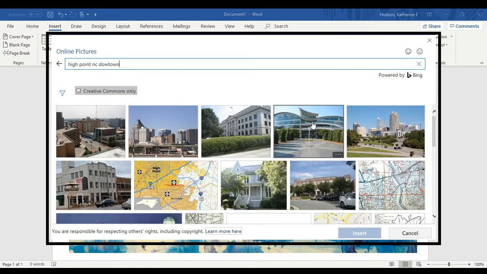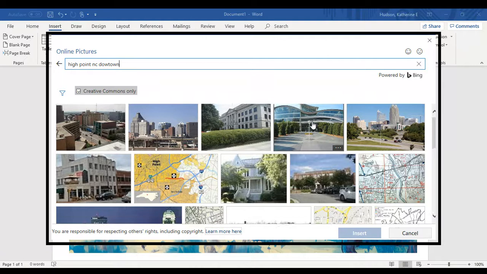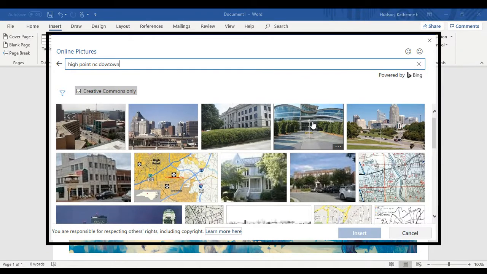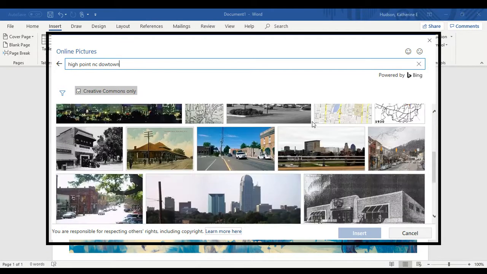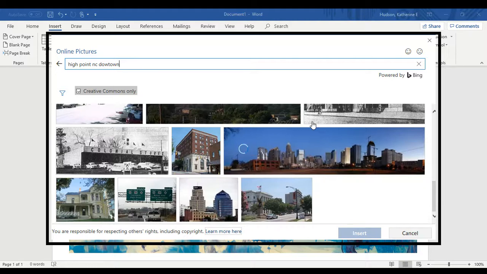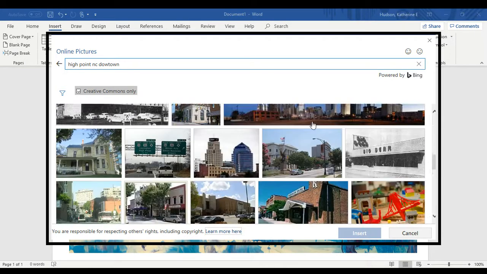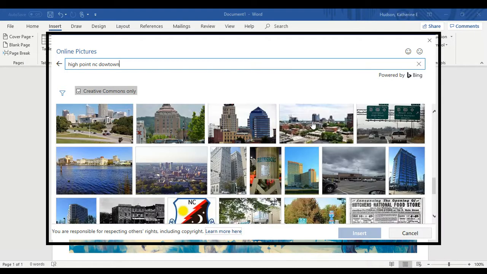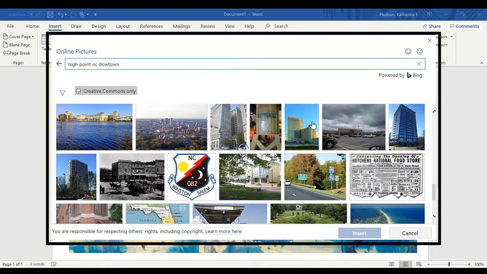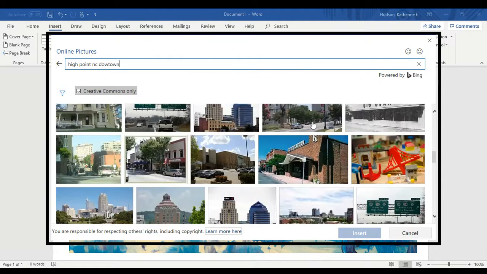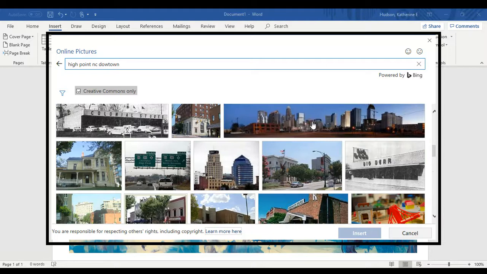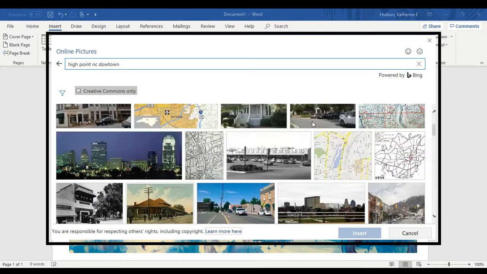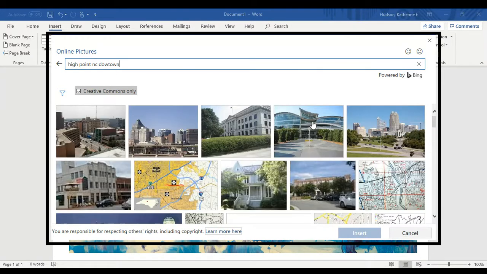I'm sorry, it's the one across the street from the art gallery, but that's what they use for the furniture market, which is a huge part of High Point and the High Point history. So looking through here, I could use anything that I think means something in terms of High Point. So for me, I'm going to use that building,